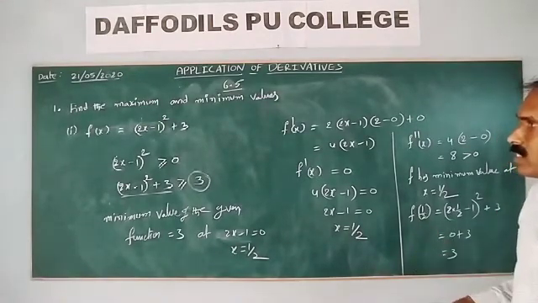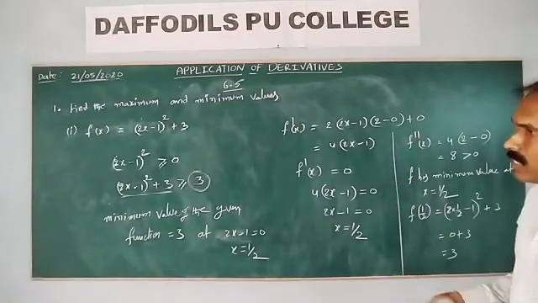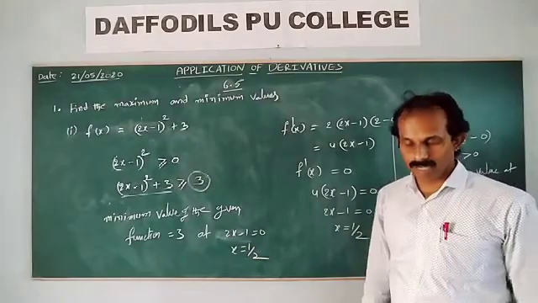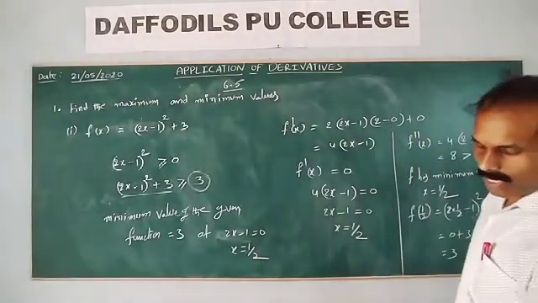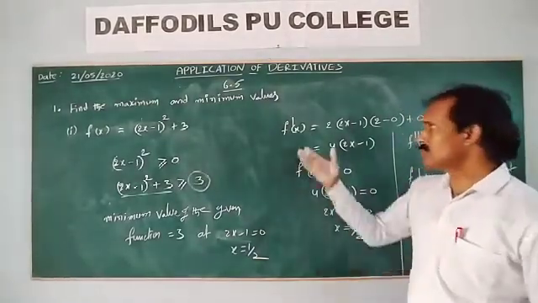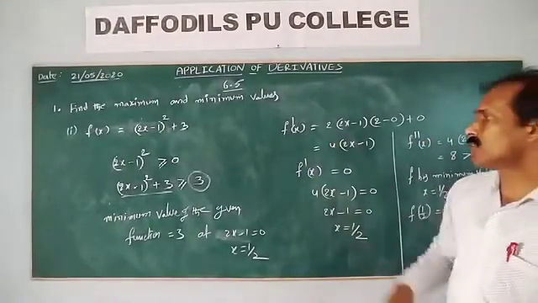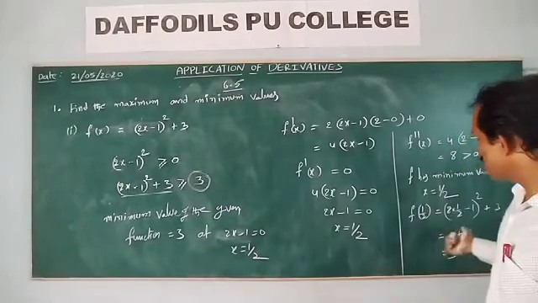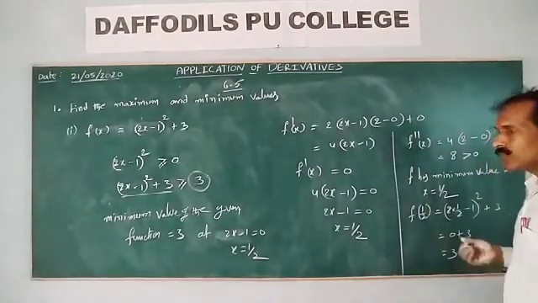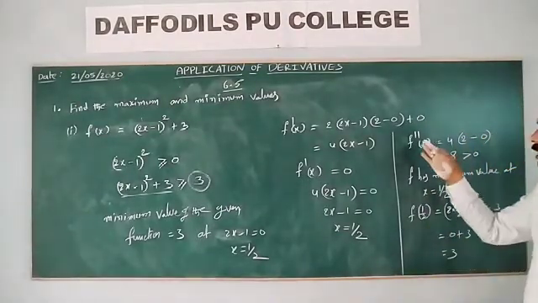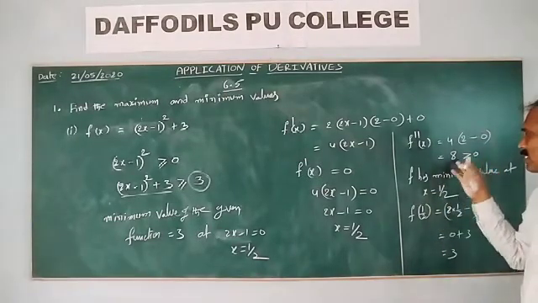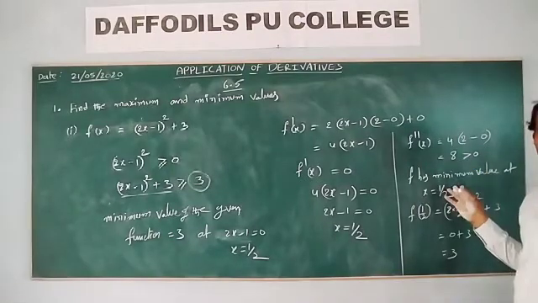So like this you can find it by using the derivative test, or otherwise without using the derivative test. Particularly when they ask for local maximum or local minimum, use the first derivative test and second derivative test compulsorily. We get the critical points and substitute them in the second derivative. Then decide: greater than 0 means minimum value, less than 0 means maximum value.